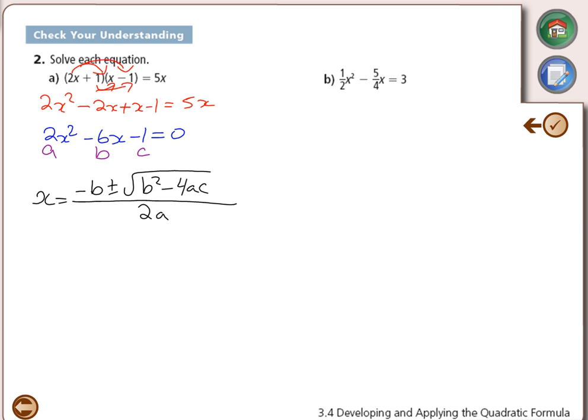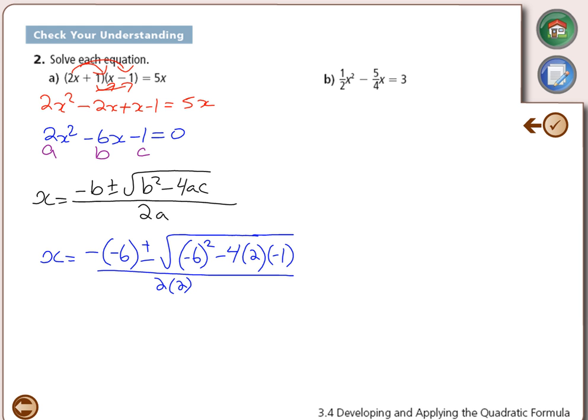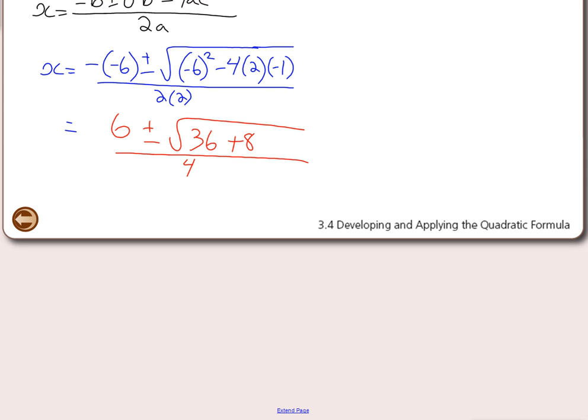Let's fill it in. x is equal to negative 6. Brackets are necessary here. So negative 6 squared minus 4 times 2 times negative 1 over 2 times 2. Simplify it up. That gives us a positive 6 now. Plus and minus. Negative 6 squared, 36 positive, plus 8 over 4. Which gives us 6 plus and minus the square root of 44